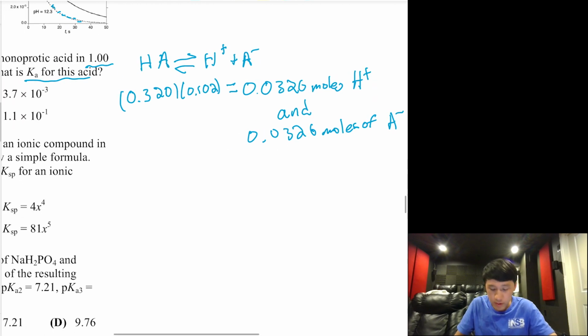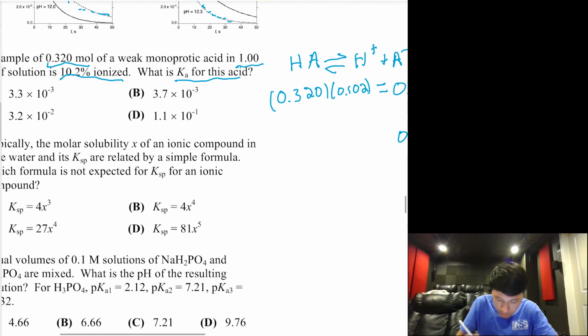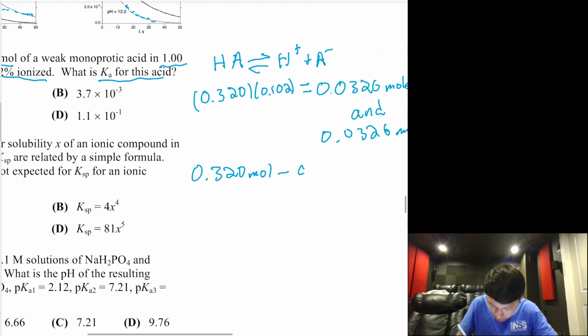And we also know that the amount of HA remaining is going to be 0.320 moles minus the amount that's ionized, so minus 0.0326,